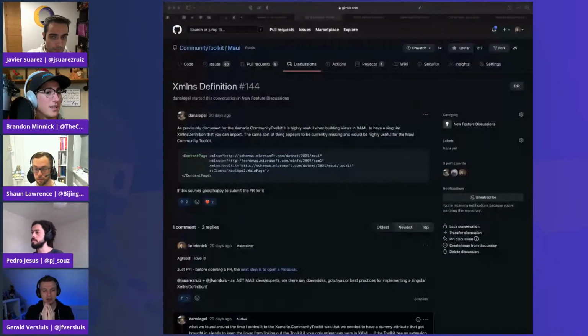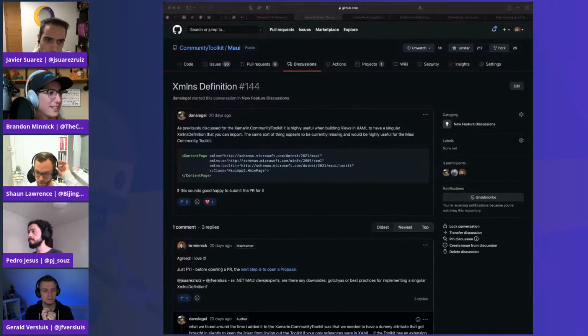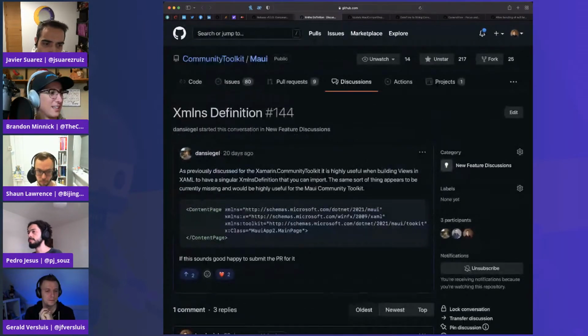I think the source generation is part of the proposal for that namespace URL thing? Yeah, the source generation is for the namespace fix, I think. Right, but that's part of that proposal. The proposal is going to be to implement the URL namespace, and to make sure that it works, we also do the code generation. Yes, I would assume so, because then that rules out this issue that you've been talking about.